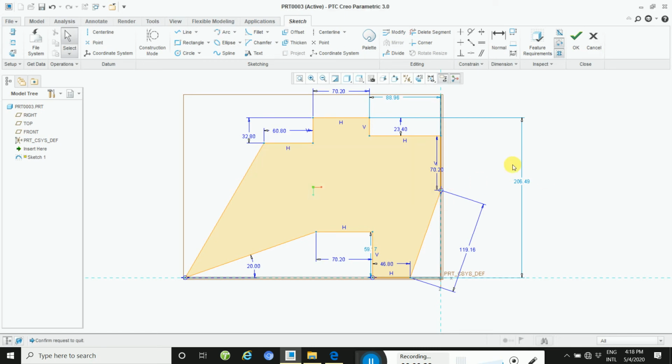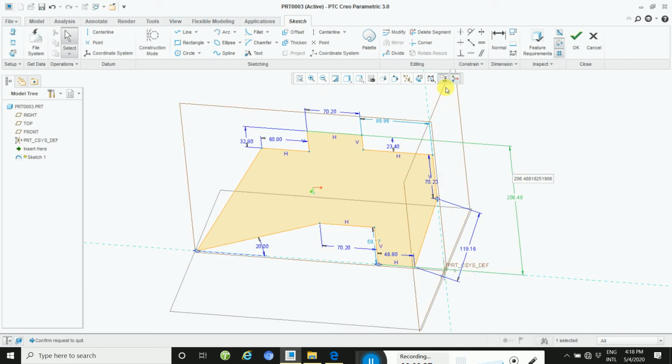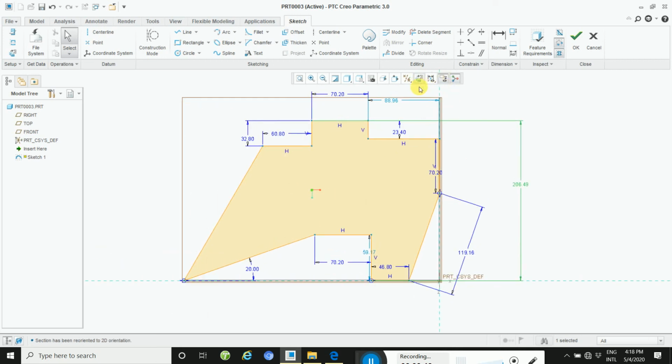Now mouse middle button and then click here and then delete. Okay, this way you will arrange.